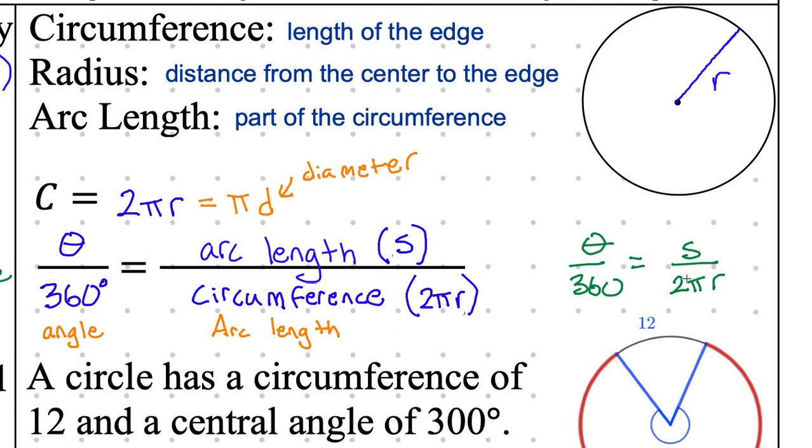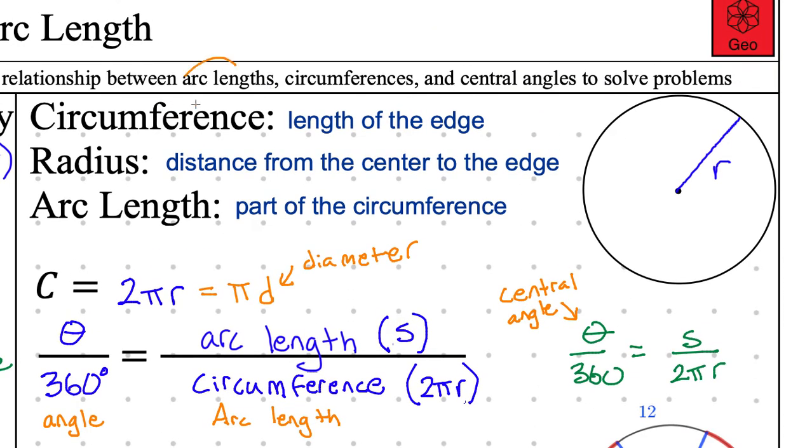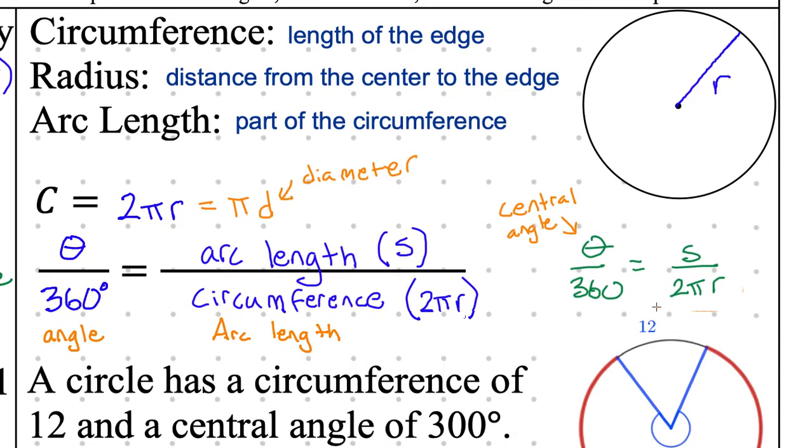This is the formula we're going to be using over and over today. There's no additional information that you have to have memorized. You just need to be able to memorize this and use this. If you have that, you're meeting the objective. This angle right here is always going to be your central angle. So we have our relationship between arc length s, circumference, which was 2 pi r, and the central angle, theta. So we're meeting our objective now by talking about all of this fraction.